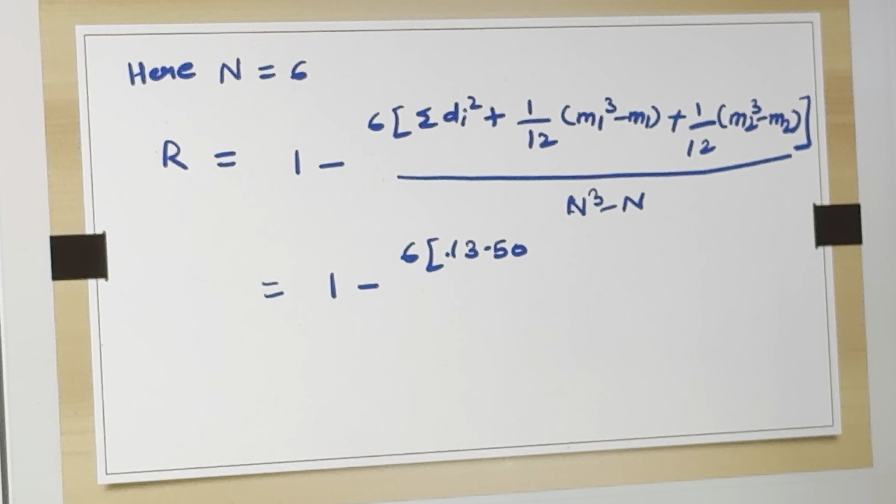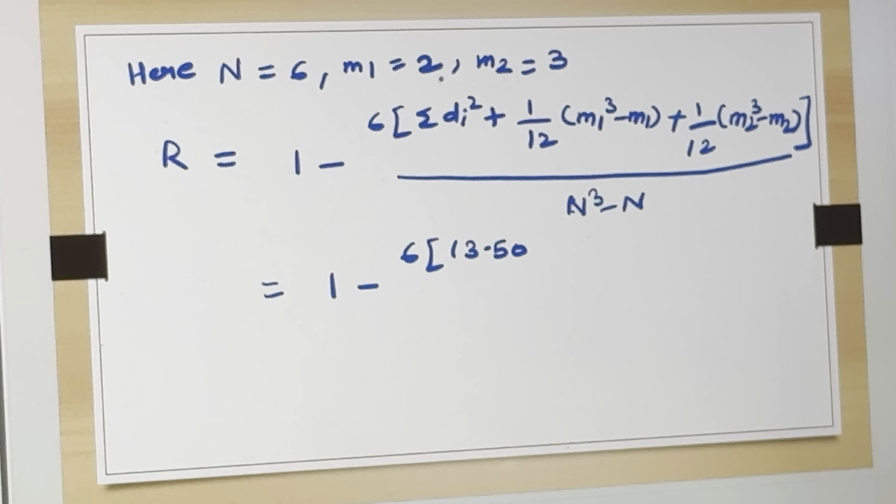Then you are going to have, now what is m1 and m2 here, students? m1 is nothing but the value 18 is repeated twice. So m1 का value कितना है? 2. Similarly, what is the value of m2? m2 is nothing but 25 कितने बार रिपीट हुआ है, 3 बार रिपीट हुआ है, इसके लिए m2 का value 3 डाल सकते हैं. You can as well write m1 is equal to 3 और m2 is equal to 2. Shuffle किया है तो भी कोई problem नहीं है, ठीक है. ज़रूरी नहीं है कि पहले x में m1 आएगा और y में m2 आएगा. Depending upon the values which are repeated, you have to observe carefully and you write in the place of m1